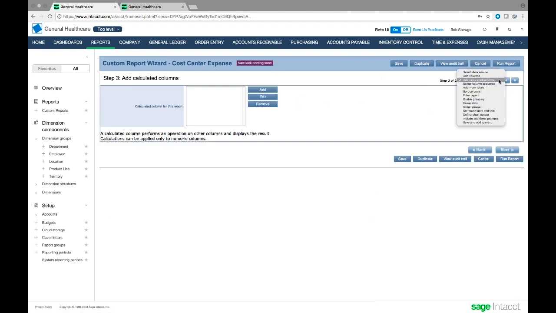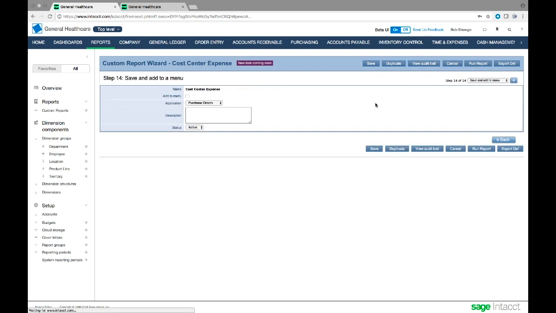And I move through this series of things like adding calculated columns, setting the column sequence, setting totals, setting column sort order, filters, grouping data, setting the order of the groups, until we get down to save and add. So I go through all these steps, but it's all configurable wizard menus like this. And so you can create any number of these reports, and then I can go ahead and assign them to different modules